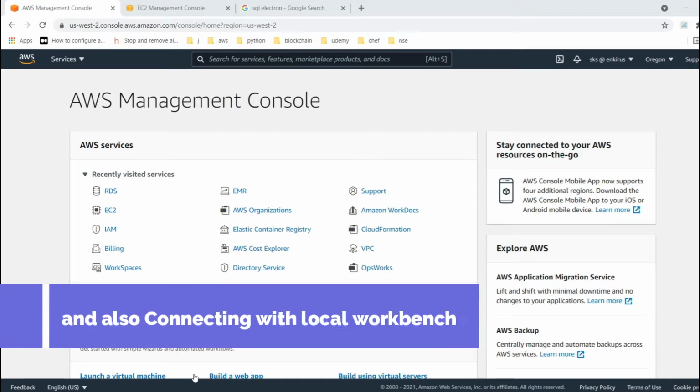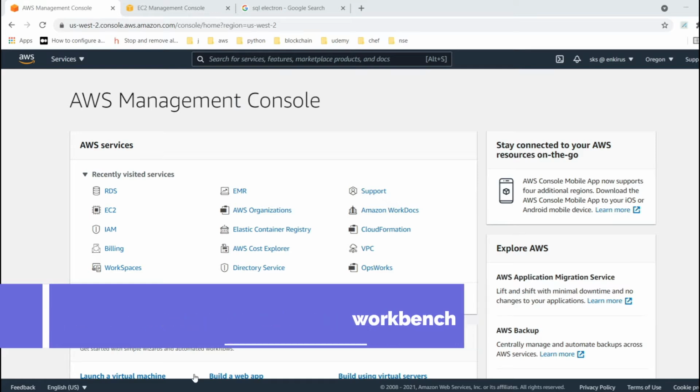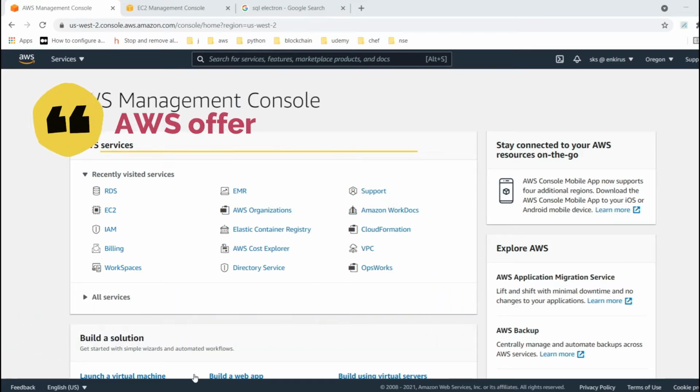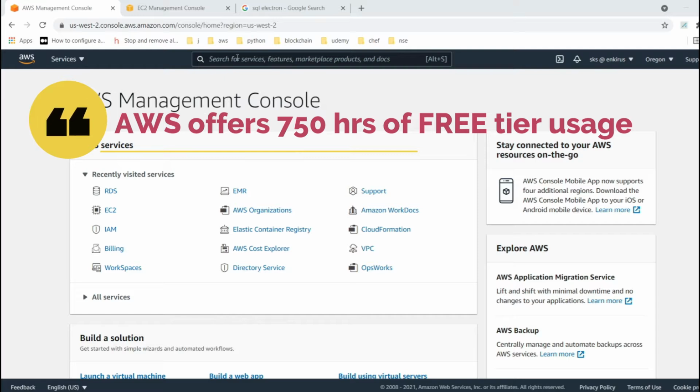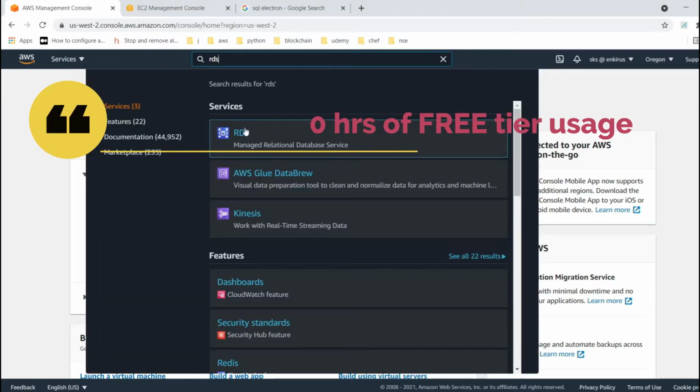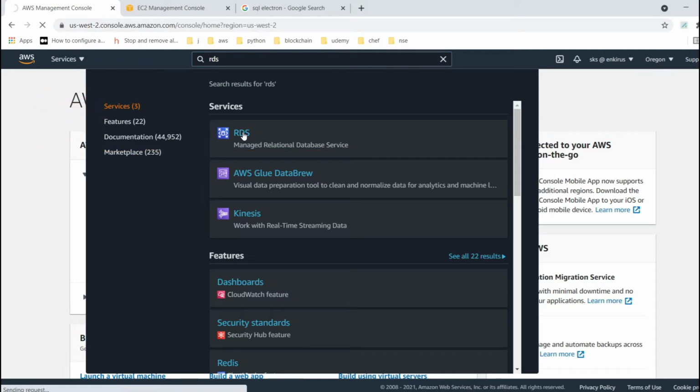Before beginning, make sure you are an admin user or you have AWS RDS permissions attached to your user. Okay, now when you are logged in, you should navigate to RDS. Just search for RDS here and you can just open it. Today we'll be creating a Postgres instance with the latest engine, or you can choose any engine version